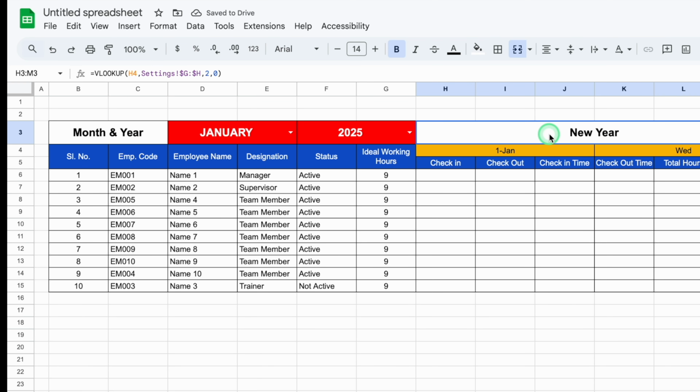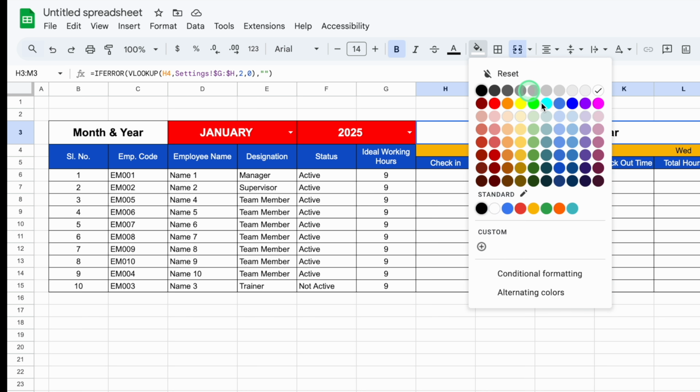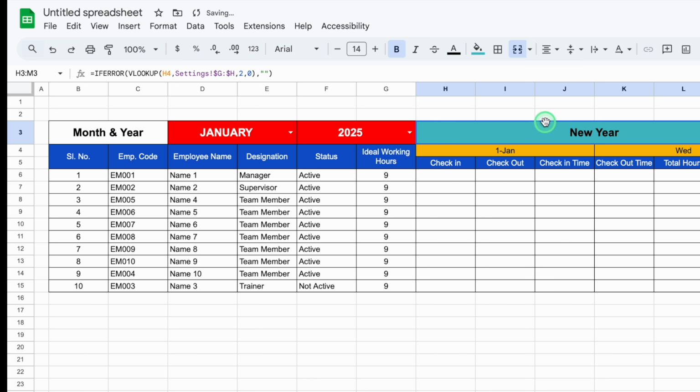We can see new year and this is our first holiday. I'll double click on the formula, come to the very beginning and insert the criteria of IFERROR. IFERROR, bracket open, come to the end, comma, double inverted comma twice for blank, close the bracket and hit enter. We'll create borders over here, go on top and change the cell color and